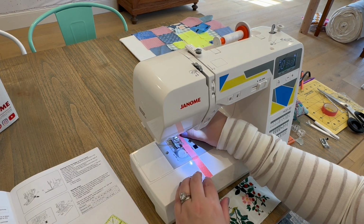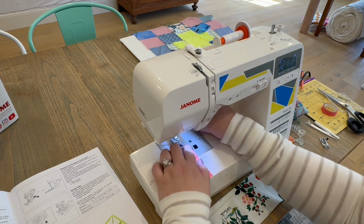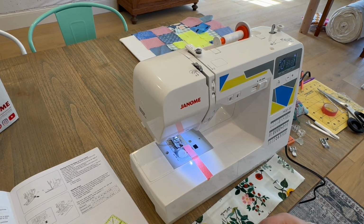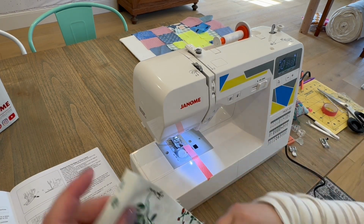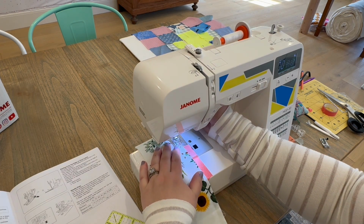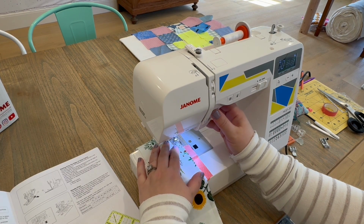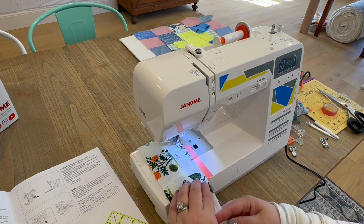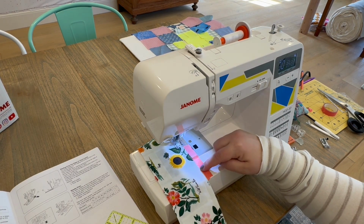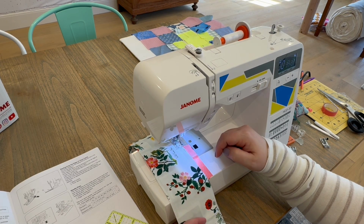I am not going to let the tape go under my presser foot because of the feed dog. So I'm going to go right up to that presser foot. And that's going to be the line that I guide my 1/4 inch seam allowance for. So let's try it. I don't have necessarily a perfect cut edge, but because I use different machines, so see how I'm keeping this edge right along the edge of the tape, and that's going to give me a nice 1/4 inch seam line